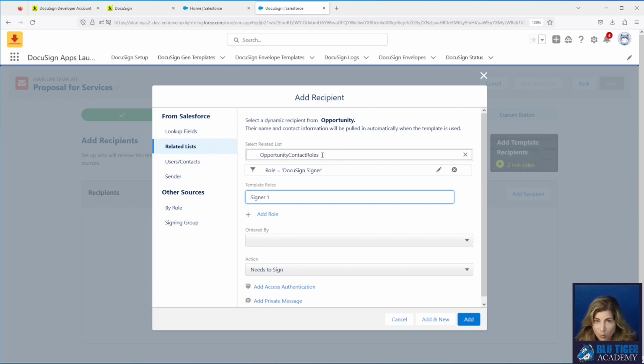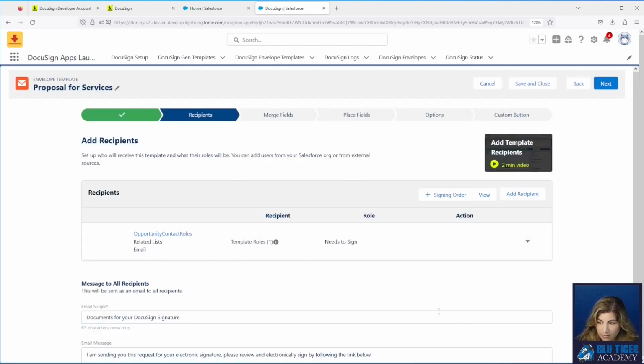This related list only supports opportunity contact roles and contract contact roles. As of about 30 days ago, we checked it out with DocuSign support, and they confirmed that no other objects are supported there. We will set our action as needs to sign, and we'll click Add.